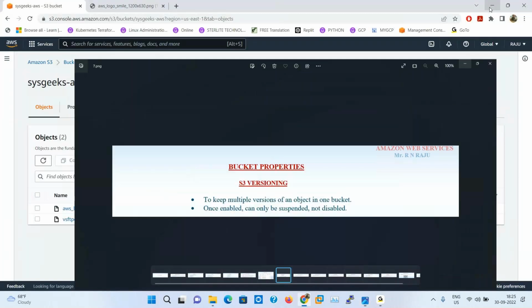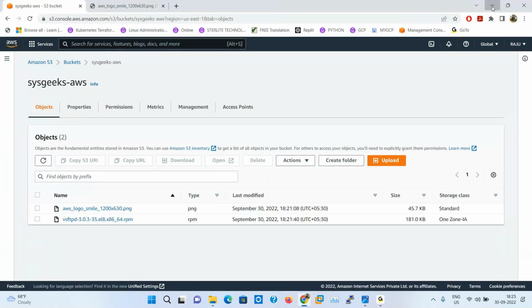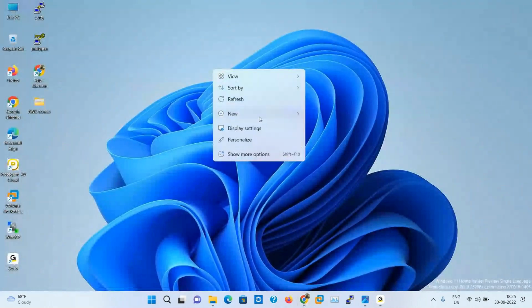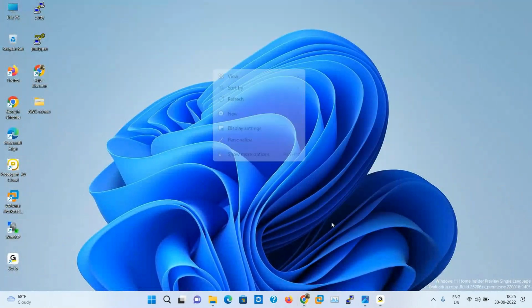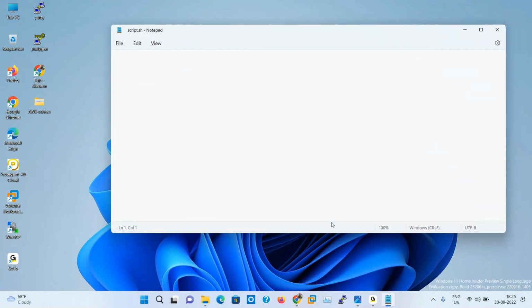See. For example, I want to make one file. The file name is script.sh. Okay, I want to write something: this is the program, just assume #!/bin/bash. Then I want to print a message, like echo, this is Raju.